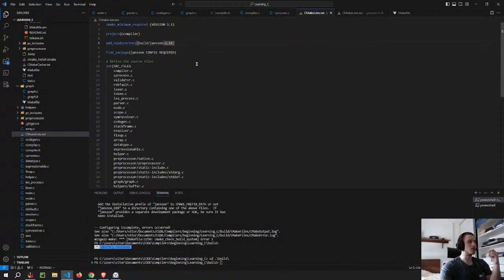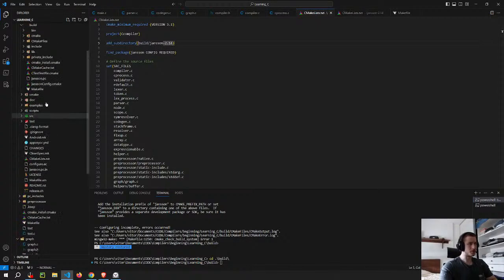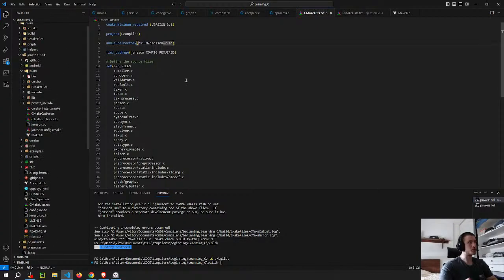So what I'm trying to do is pretty much download or use the external module called JSON, which allows you to read JSON files, or to encode and decode JSON files. It's JSON here. But the issue is that